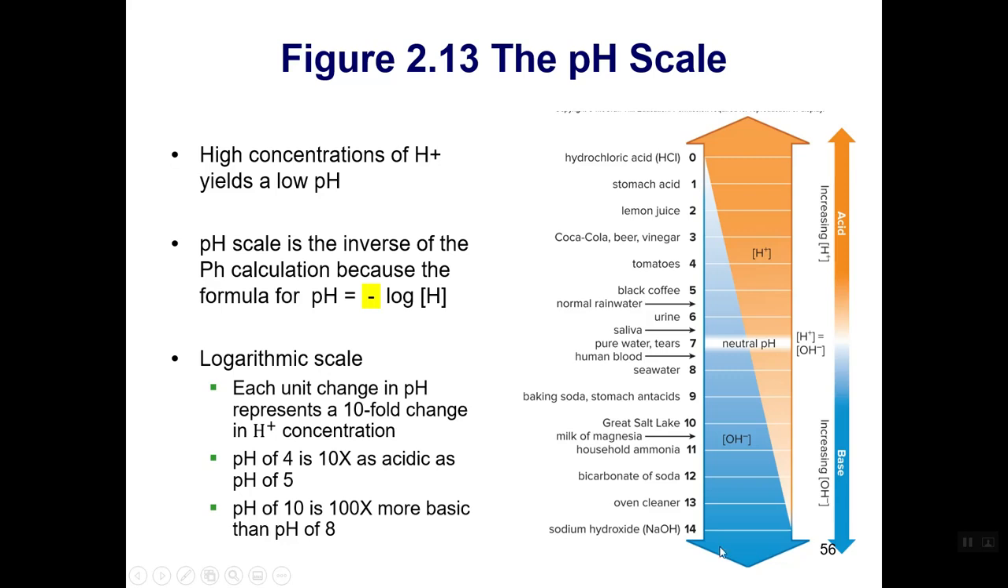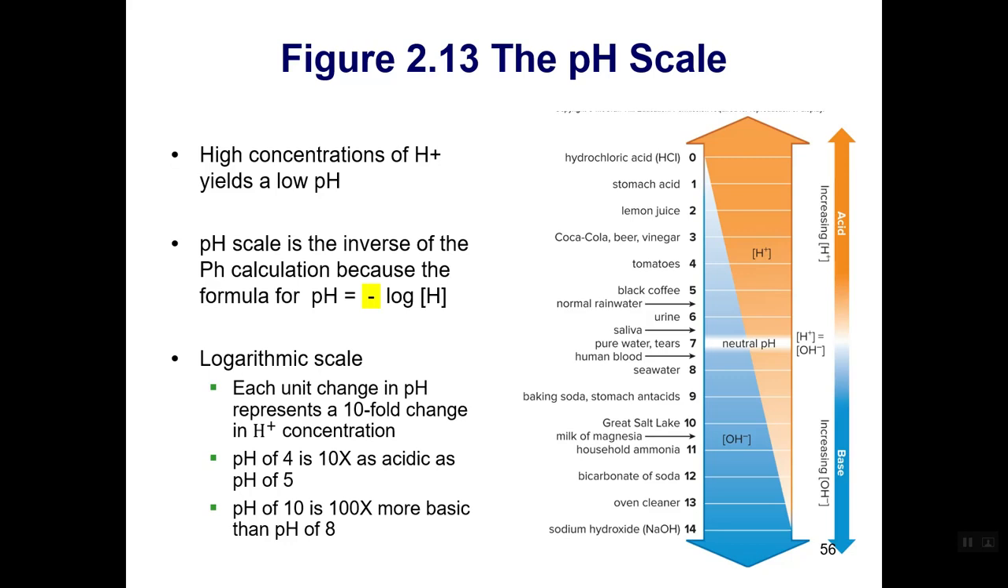Oppositely down here, these are our basic solutions like sodium hydroxide, bleach, ammonia, oven cleaner, which is basically just ammonia. But anyway, we have increasing numbers of hydroxide ions relative to our numbers of hydrogen ions, and those are our basic solutions. Another thing you need to be aware of with our pH scale